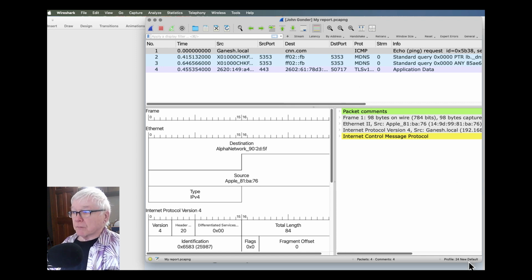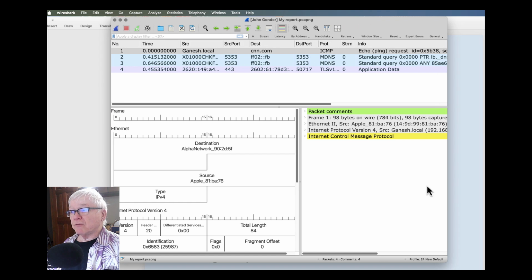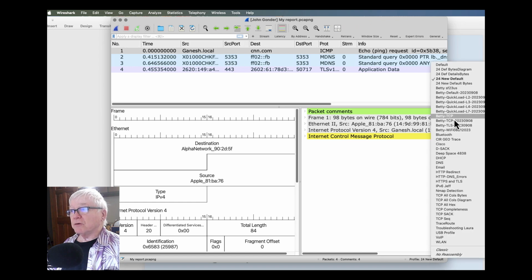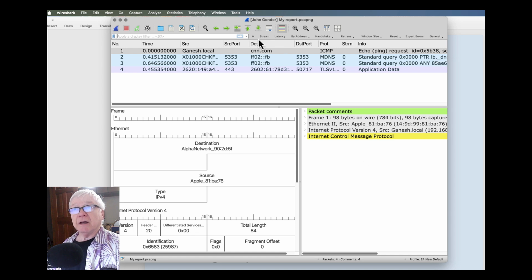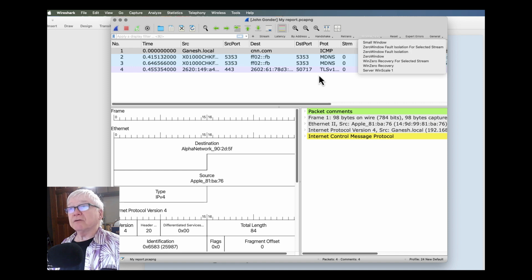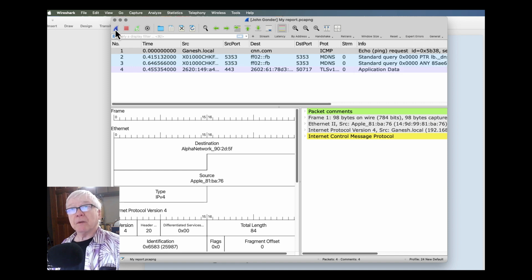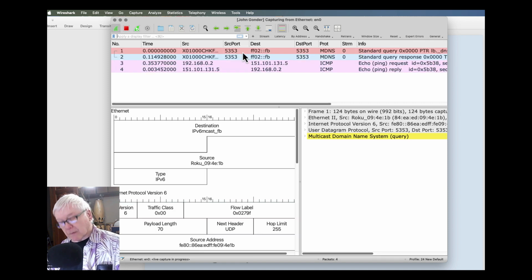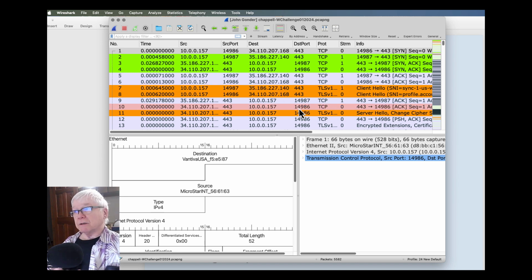And then of course, a lot of the very cool profiles that I have here are for doing particular things. So I might search through all kinds of packets to find this and do different kinds of filters and that. And then do I have to remember all that stuff? No, I can simply save those as buttons. So let me go back to an old Wireshark trace file here.